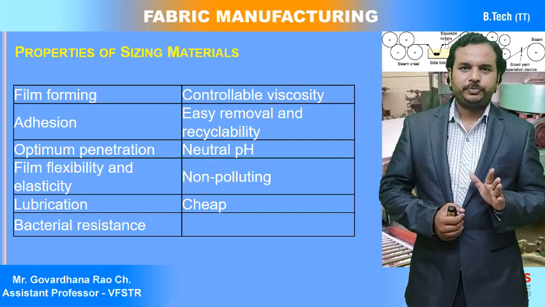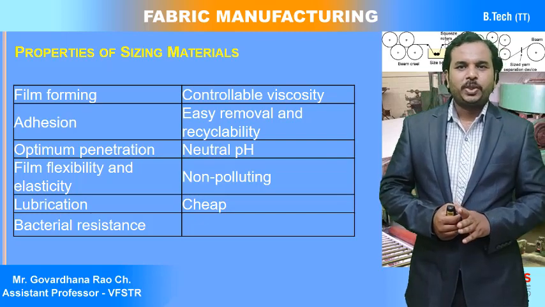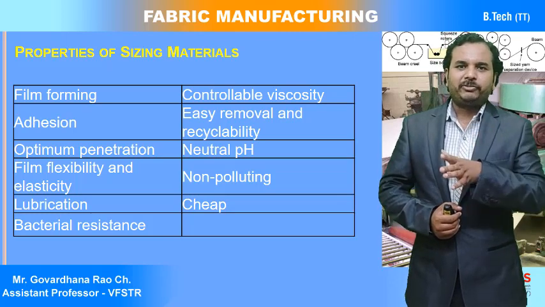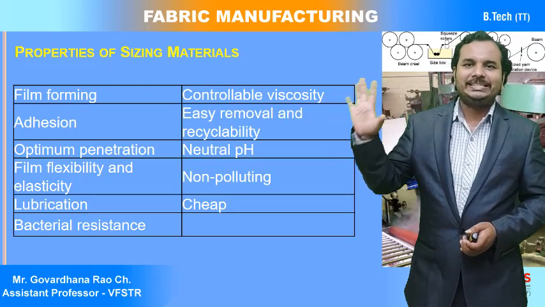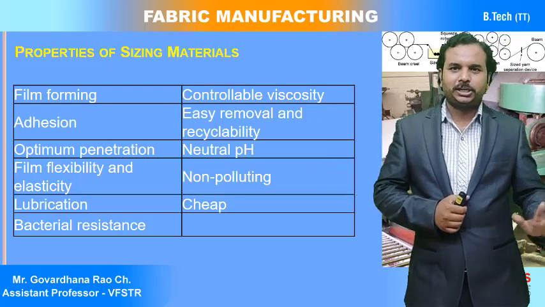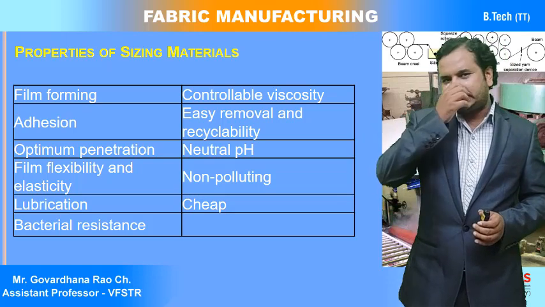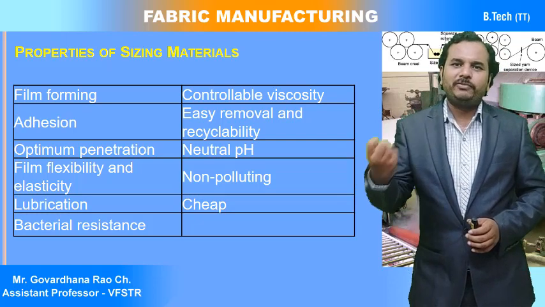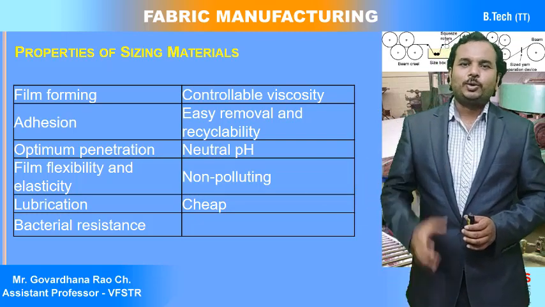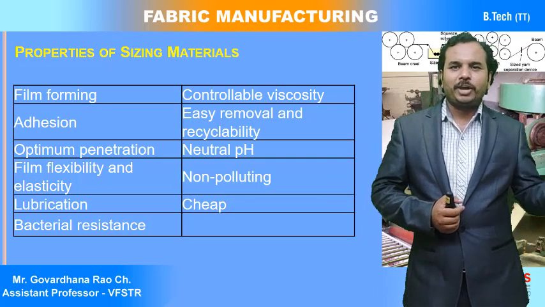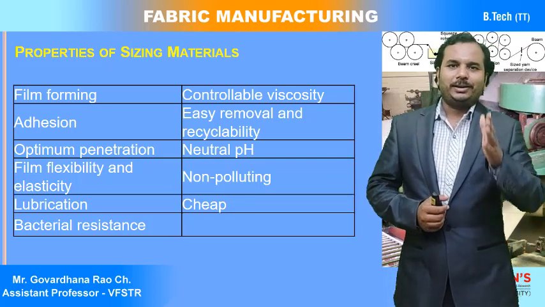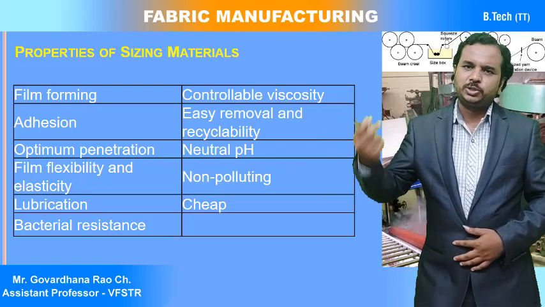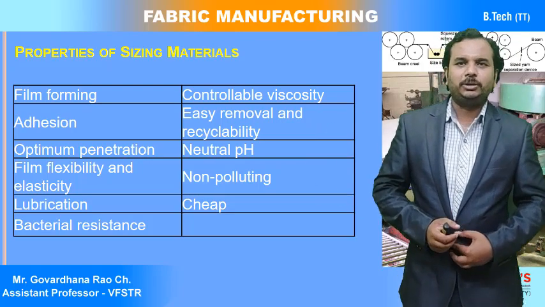Obviously it is not. So after the fabric formation, whatever size paste we applied to the warp sheet, the fabric has to go for de-sizing. So this is the sizing process. Now after fabric formation, there is a process called the de-sizing process. De-sizing nothing but removal of size paste from the fabric. So why we are applying is because the yarn should resist or sustain the weaving process. After weaving, we don't require the size paste. That is why we are removing the size paste in the de-sizing process.